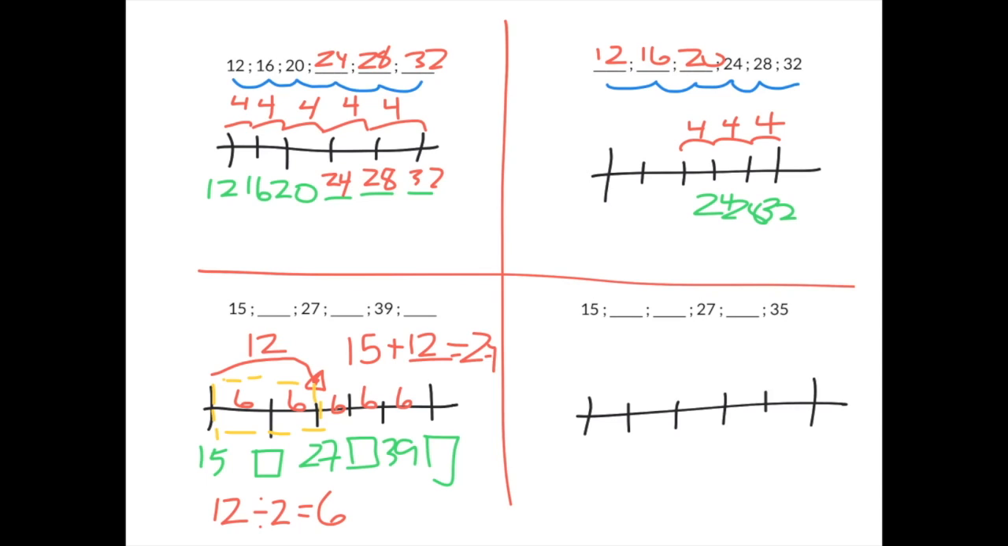15 plus 6 is 21. 21 plus 6 is 27. It's really important to encourage students to check their work this way. 27 plus 6 is 33. 33 plus 6 is 39. And 39 plus 6 is 45. Now for the next one,